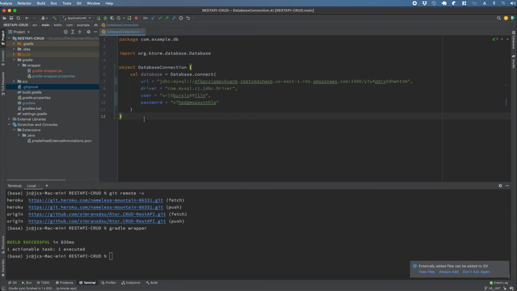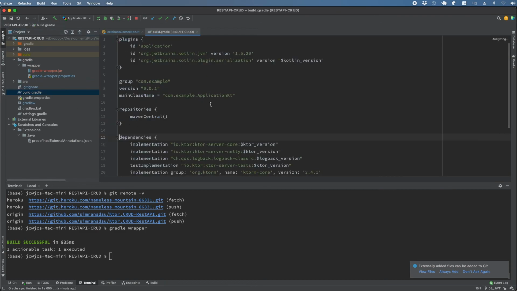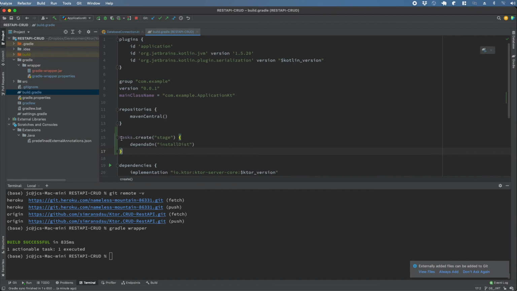And the next step that we will do is we have to create a Gradle task. So for that, we will go into our build.gradle, and we will simply write these 3 lines. So it says tasks.create stage and depends on installDist. installDist is nothing but it assembles the distribution content and installs it on the current machine. So basically it initializes all the Gradle stuff for our application. So we will sync our build.gradle,